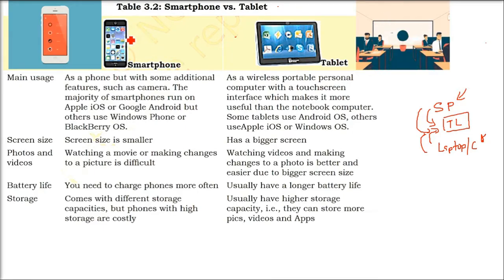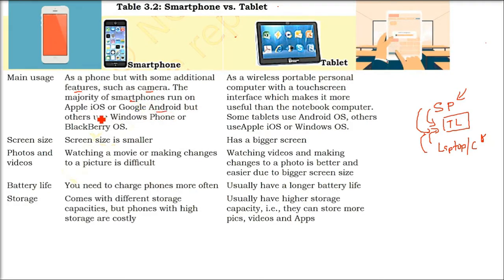This is a phone, smartphone. A smartphone is basically for calling, but now since it is a smartphone, you have all the other tools like the camera. So a smartphone is basically a small computer. It has a proper operating system like Google Android. If you have an Apple phone, then iOS. There are Windows phones also, BlackBerry OS also. So it's a mini computer, the smartphone.